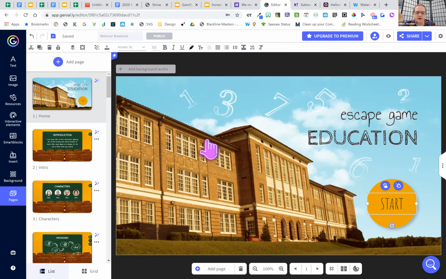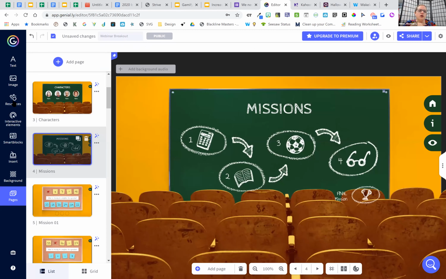Each of these here, this is a little icon. So let's say you didn't want to do a math icon, you wanted to do something else. That's where all of these elements over here on the left come in. You can have an image and you can just drag one of these images over there. You can click on resources and here are all these different icons.